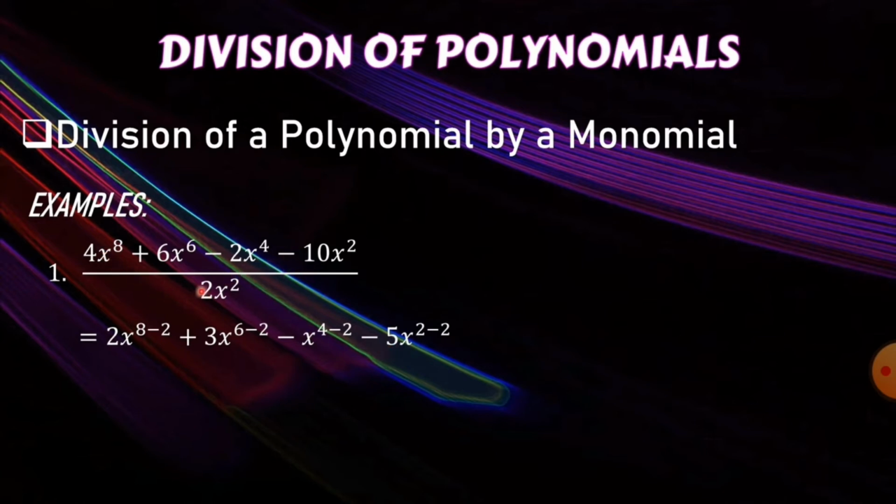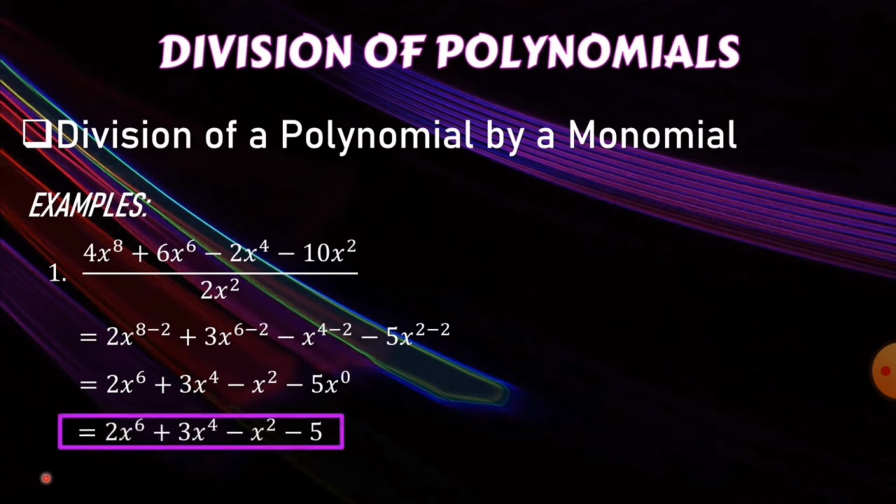Okay, so the answer would be 2x raised to 6 plus 3x raised to 4 minus x squared minus 5x raised to 0, right? Remember, kapag yung exponent ay 0, automatically magiging 1. So, negative 5 times 1, magiging negative 5 na lang. Okay? Kaya yung final answer natin will be 2x raised to 6 plus 3x raised to 4 minus x squared minus 5. Okay. Next example, we have 24b squared c minus 32b raised to 5 c cubed divided by 8b